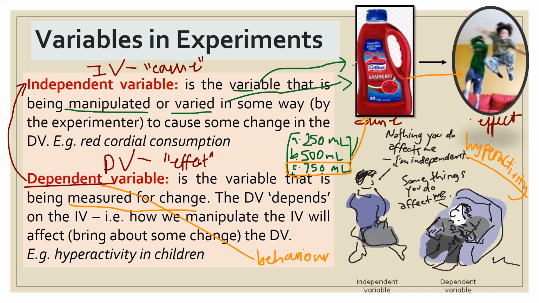Now, I'm going to give you guys a scenario in the chat box, and I want you guys to pick out what is the IV and DV for that scenario. So I'm just going to put it in now. So let's say I'm going to choose one of your names. So researcher Abbas is investigating